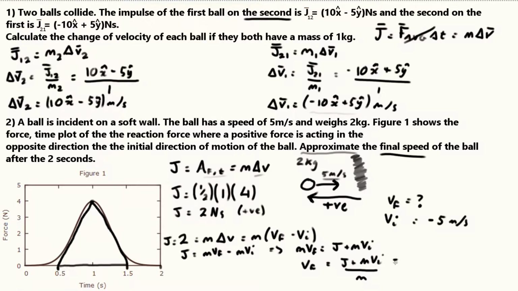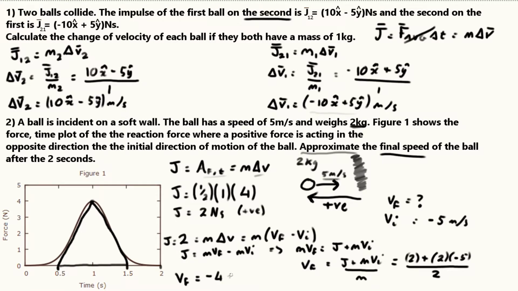And now when we sub our values in, we get the impulse, which is 2, plus m, which is 2 kilograms up here, multiplied by Vi, our initial speed, which is -5, all divided by our mass, which is once again 2 kilograms,